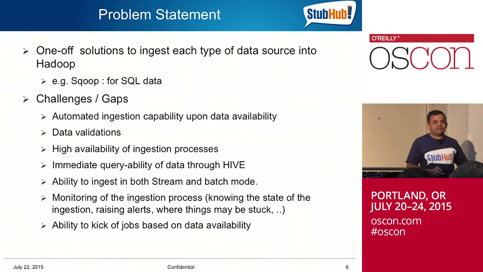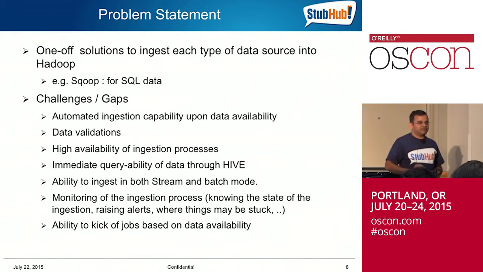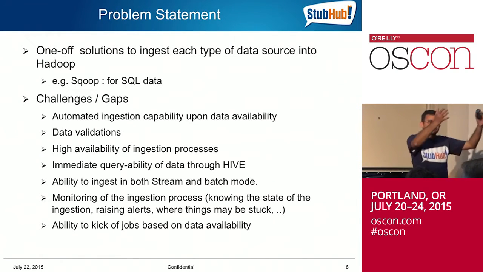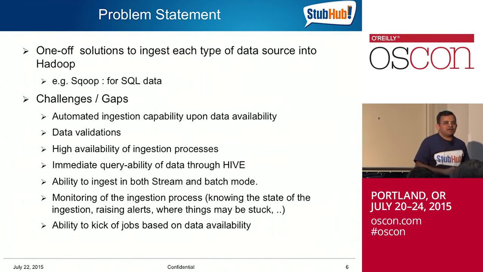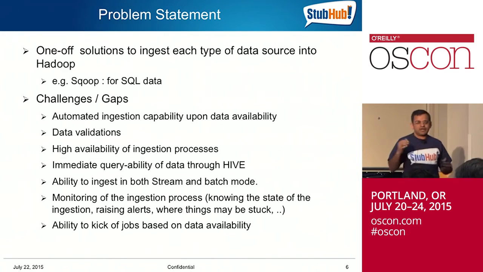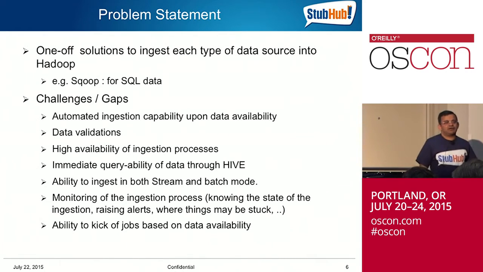And then lastly, one thing I want to talk about is the ability to kick off your applications and jobs when the data arrives. A lot of the time you have cron jobs, maybe sometimes Oozie processes and whatnot, where you can express that when this data arrives, kick off my application. But what if the data never arrives? You might have a cron job that says run my job at 9 o'clock. What if the data is not available at 9 o'clock? What do you do? How do you express that, instead of saying run my application at 9 o'clock, when the data arrives, run my application?